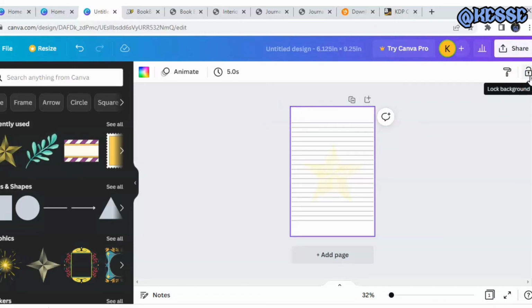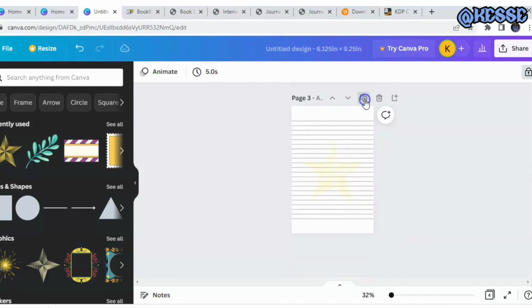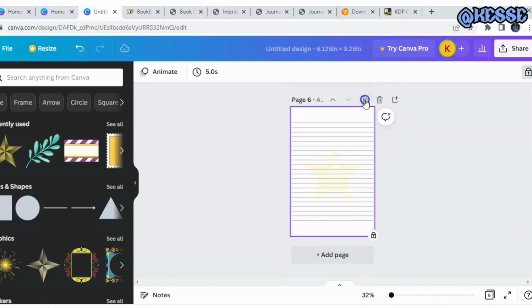So I'm going to lock it right now. After I've done that, I've designed my book and nothing is going to move out of here. All I have to do right now is to come to this duplicated aspect and duplicate it by 120. So you need to do this. It will take a little bit of your time. You keep on duplicating till